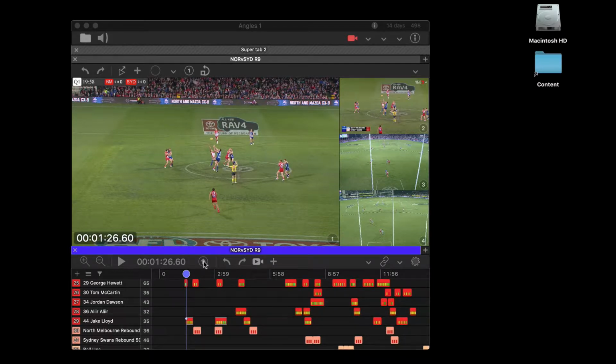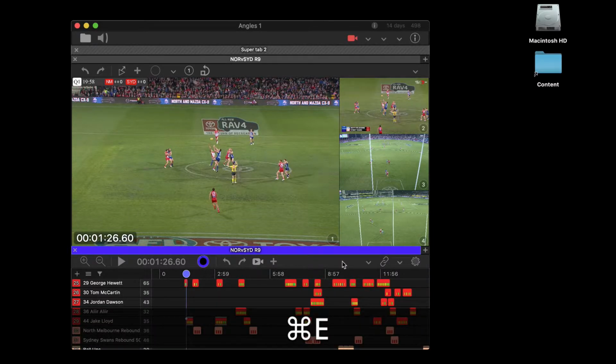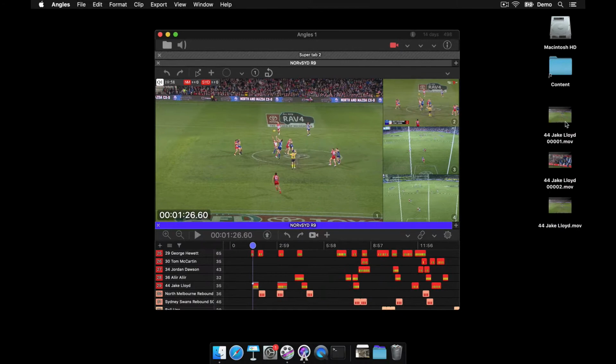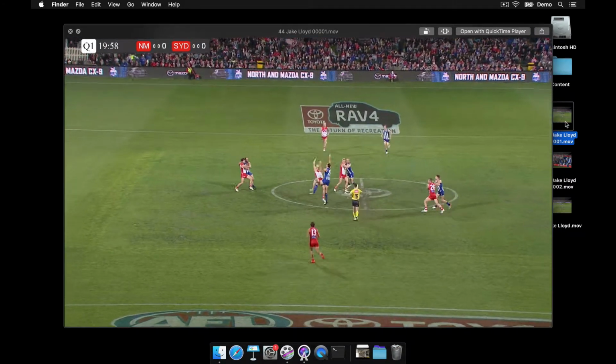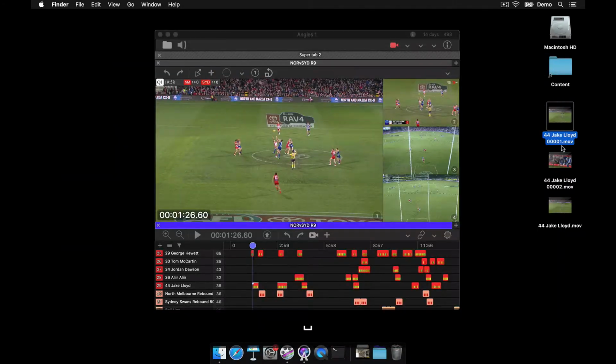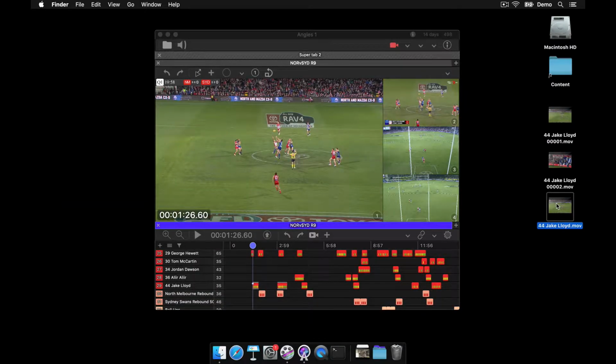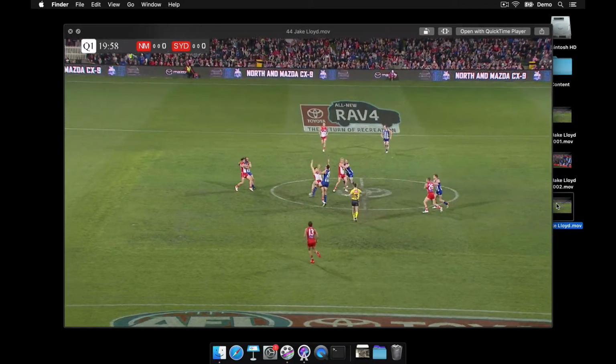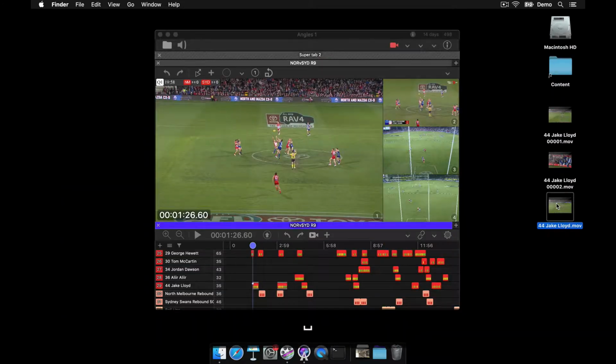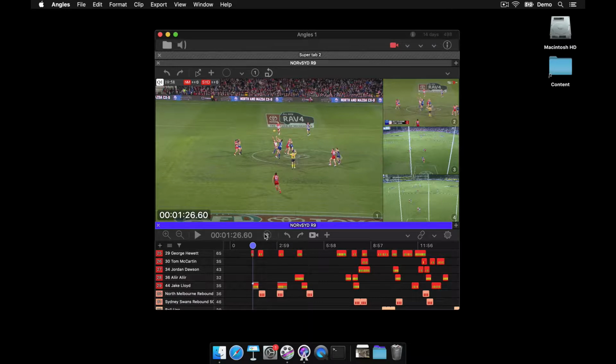Now what's going to happen this time is it's going to export each of the clips individually. So there's clip 1, there's clip 2, you can see by the name in the file, and then here is the single row movie, which has both of the clips in the movie. Okay, now let's get rid of those, and let's turn on the next feature,